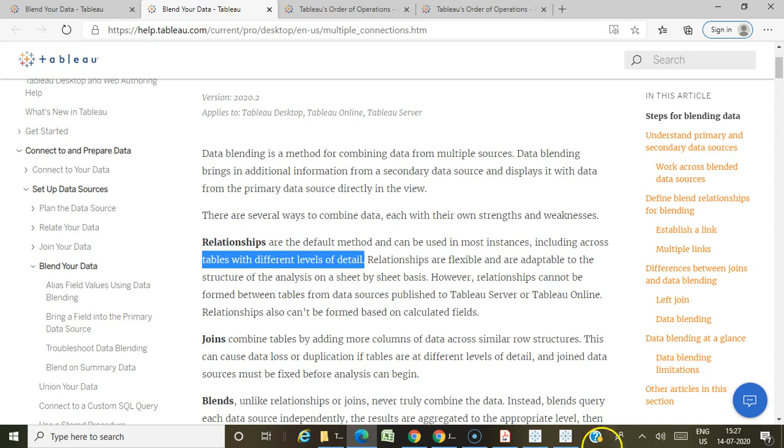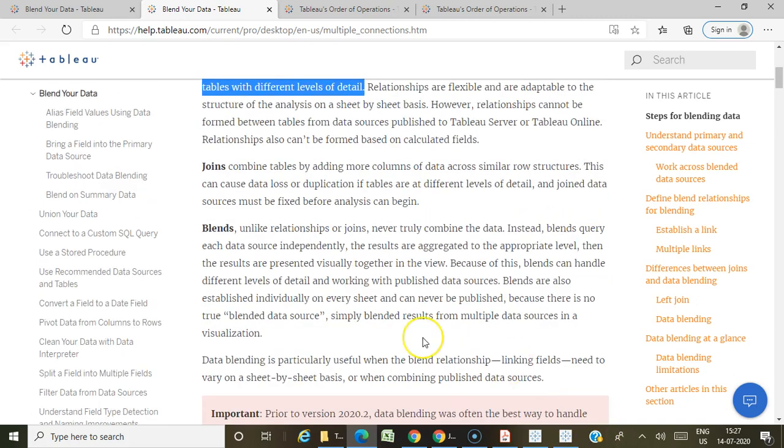Let me explain. In blending, when you are connecting 2 or more data sources, the blends happen only at the query level. When you are combining the data, the blends query each data source independently.